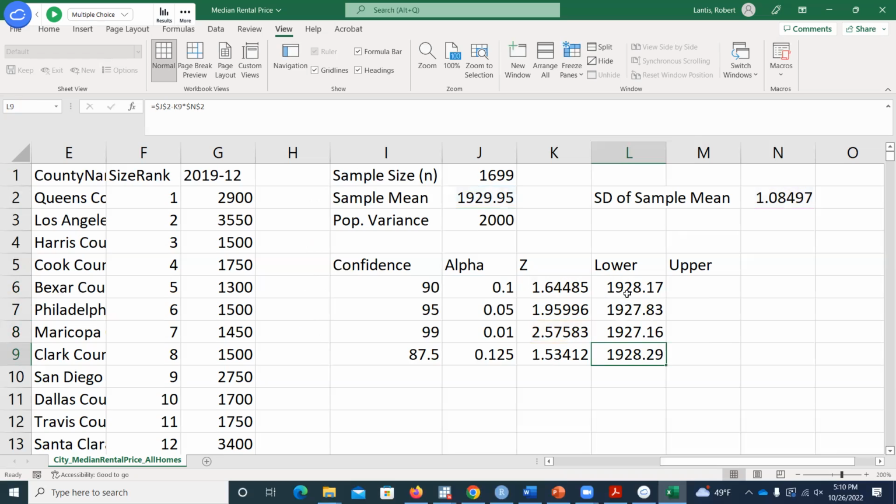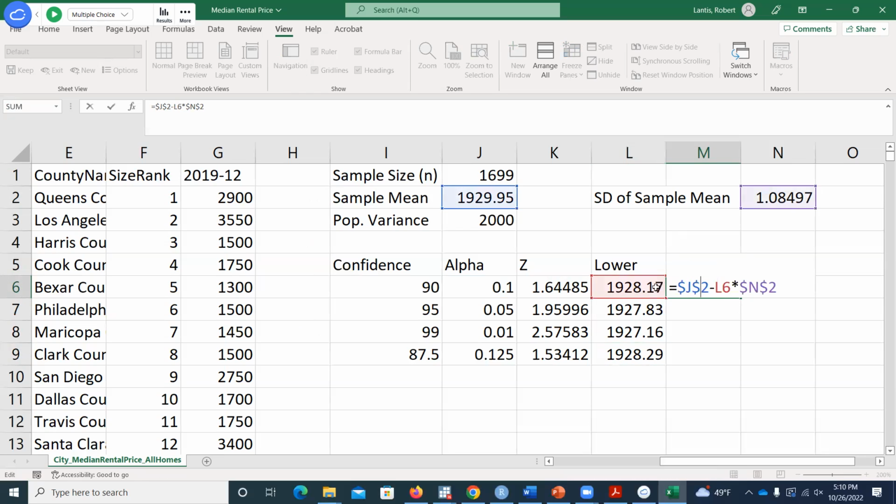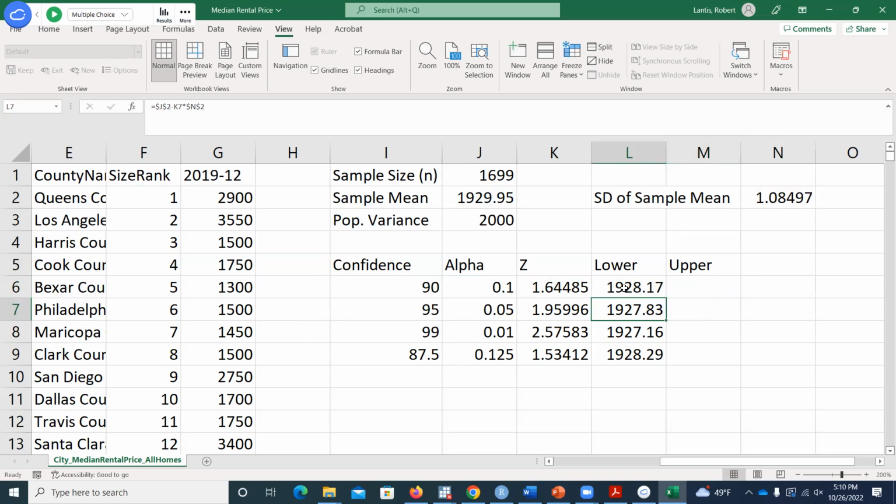Now from here, I'll show you what I think is the easiest way to just copy this over. So I know that for my upper bound equation, I want the exact same thing I just typed in, but instead of subtracting my margin of error, I'm going to add it. Well, the problem is if I copy this over, oh yeah, now it updates my cell reference. That's not what I wanted. So that's a pain. So if you want to copy something over and you don't want to change anything in that equation, you don't want the cell references to update,